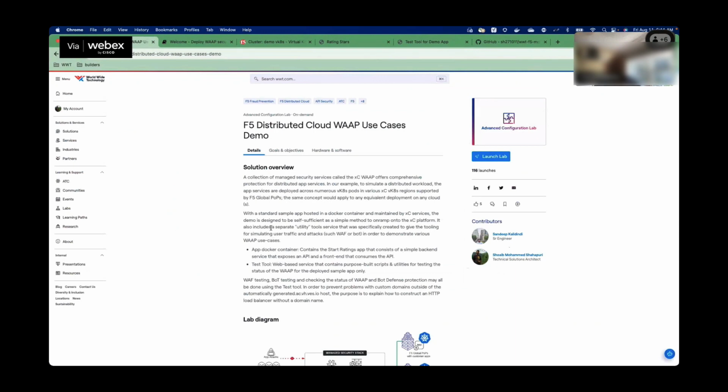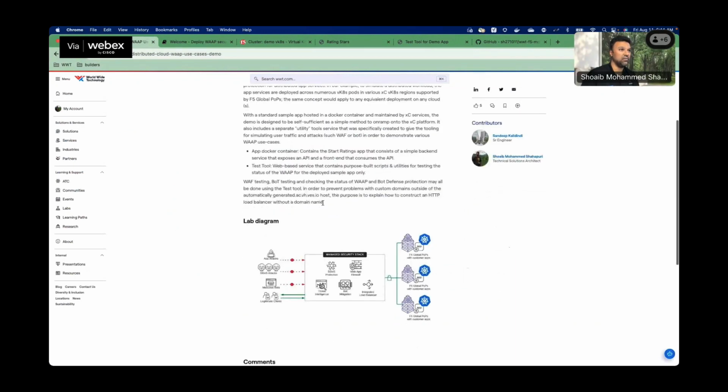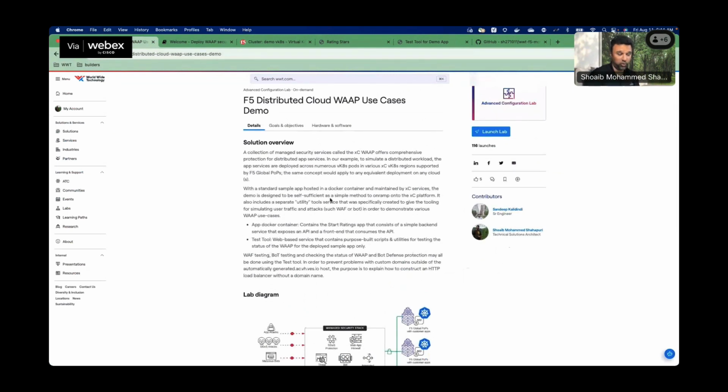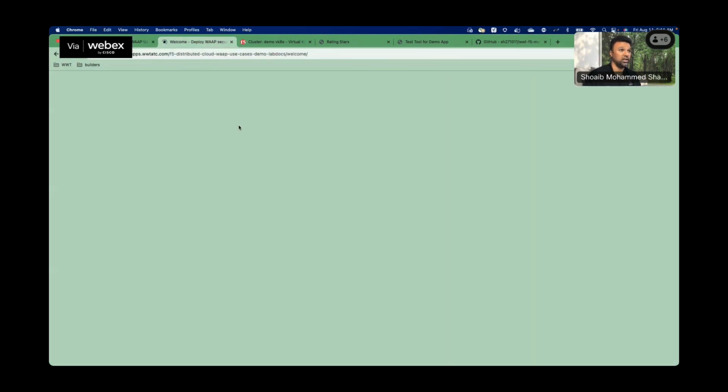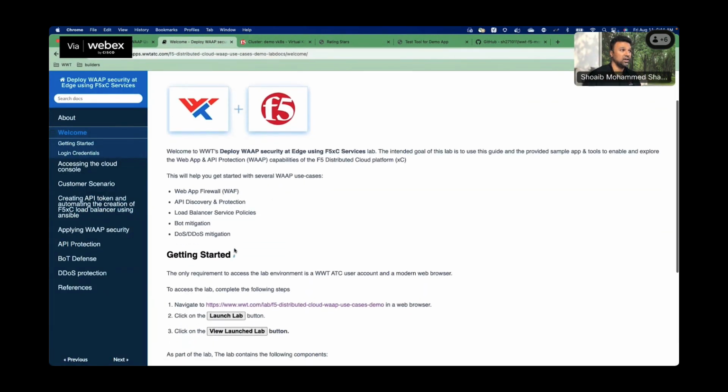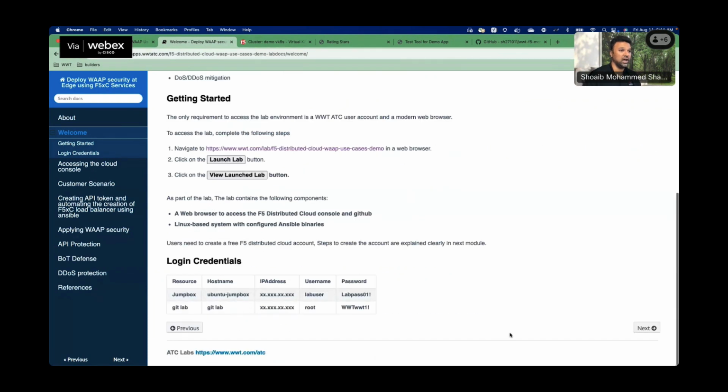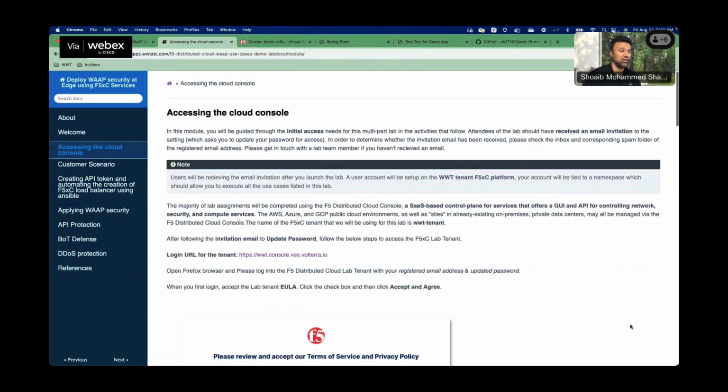Yeah, so this is the lab. F5 Distributed Cloud Web Demo Lab. This lab basically uses two approaches. One is your NetOps approach, wherein you log into the web UI and walk through the entire interface. So you have a self-guided lab guide, and if I take you through the lab guide, you can see